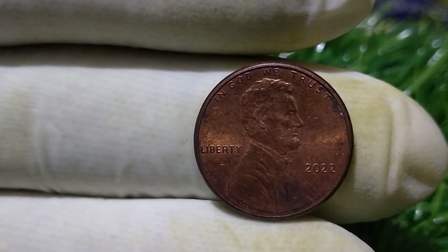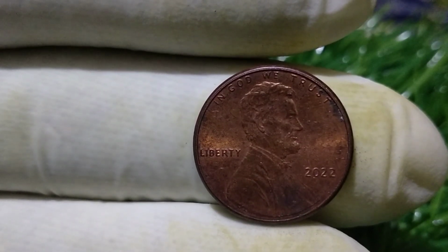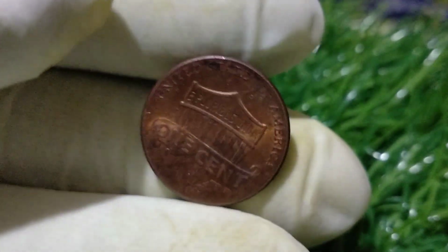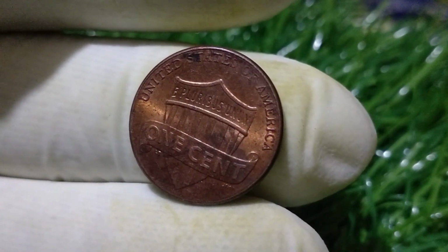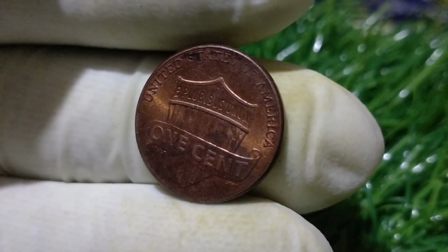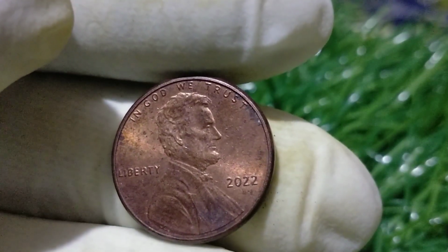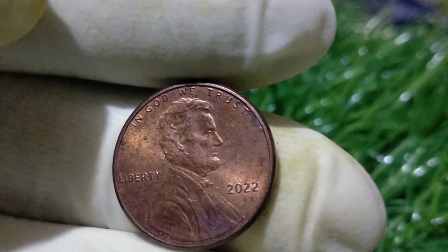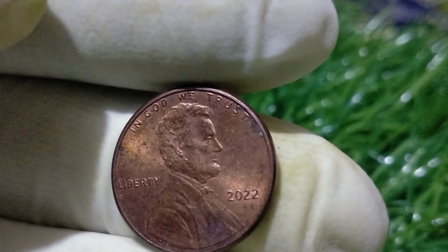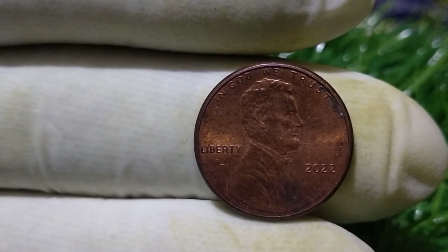And when we look at auctions, private sales, and collector communities, we see that the appetite for modern errors has never been stronger, because they represent living history, errors happening in our own time rather than centuries ago, and this accessibility makes them even more appealing, as collectors feel they could genuinely participate in the hunt rather than just reading about it in books, and that is why the 2022 1 cent valued at $7 million is more than just hype. It is a reflection of the passion, rarity, and dramatic nature of coin errors, and when you think about